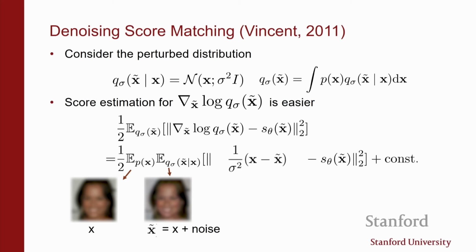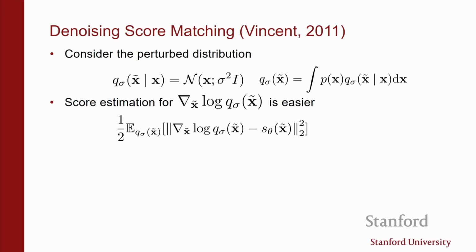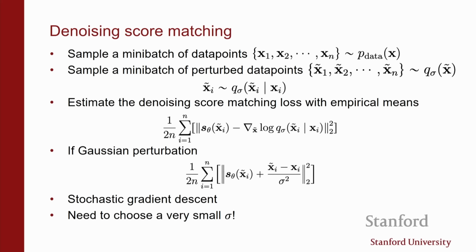So it's not restricted to Gaussian noise. If you look at the math, the only thing you need to be able to compute is the gradient. As long as the distribution that you use to add noise is one where you can compute likelihoods and get the gradient in closed form, then you can get a denoising-like loss for that. You're going to end up estimating the score, like we are estimating the score of Q sigma, right?